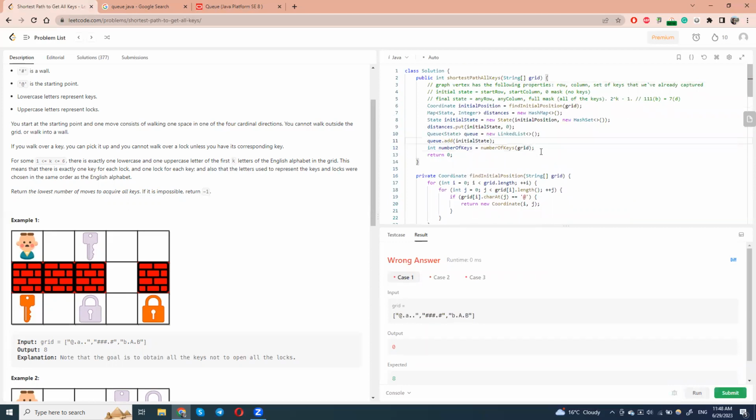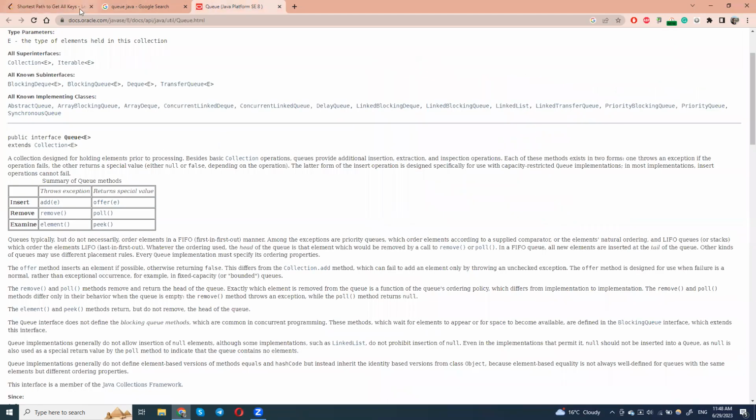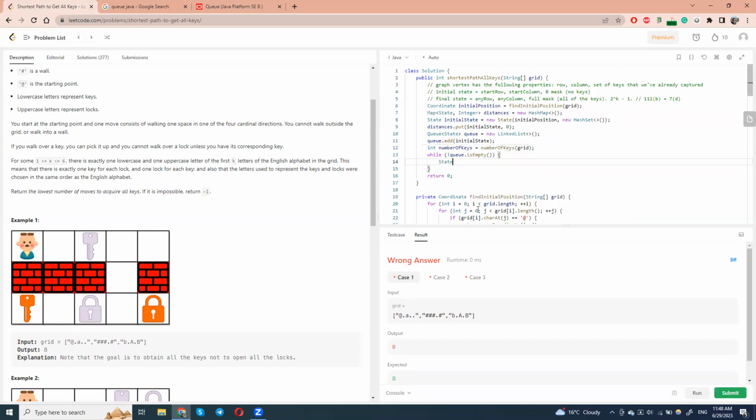Okay, now let's write our breadth search, which should be pretty trivial at this stage. So while our queue is not empty, we should poll our state. Okay, so the method is called poll. Cool. State current state equals